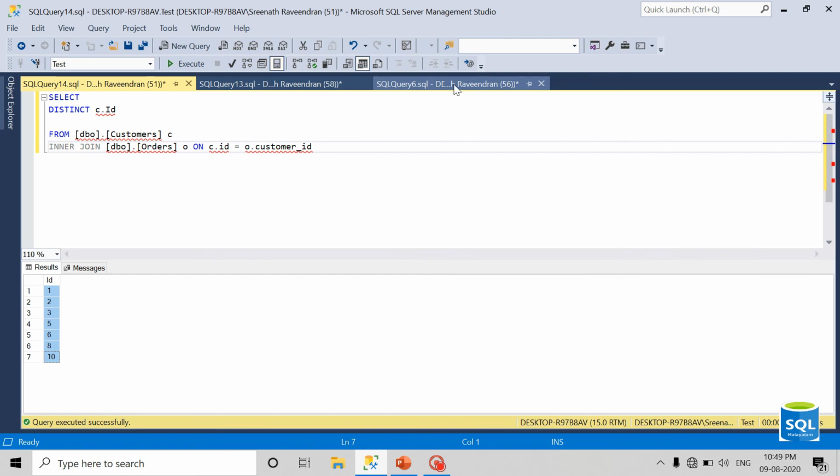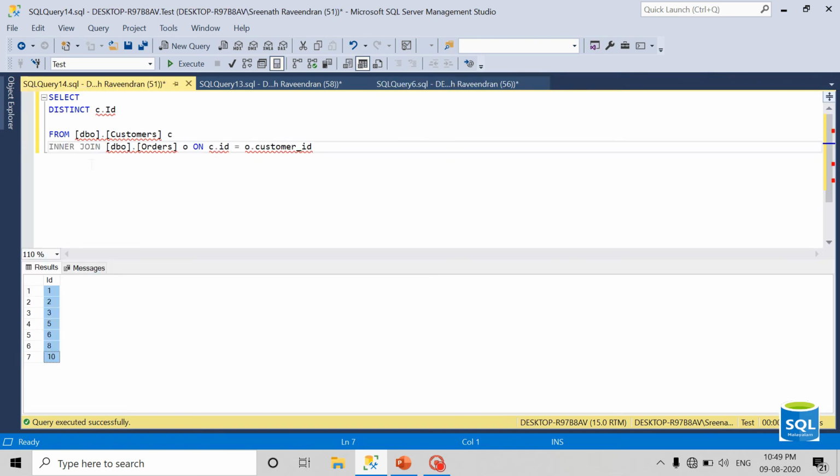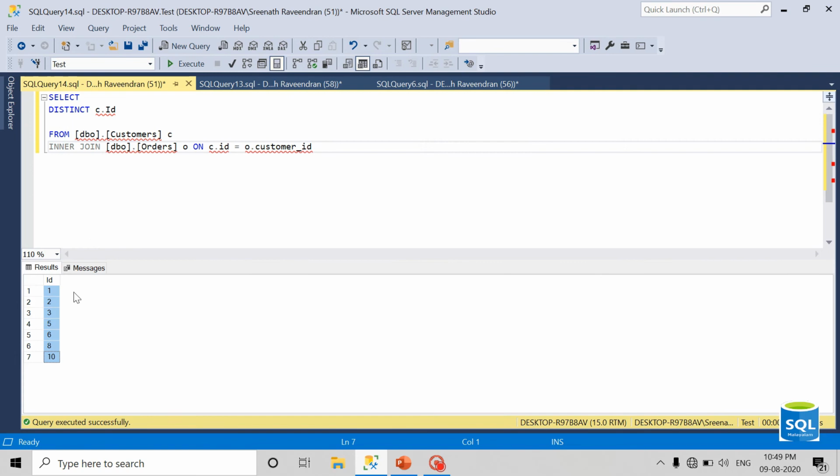Customers 4, 7, and 9 have not placed an order, so they are not displaying here.